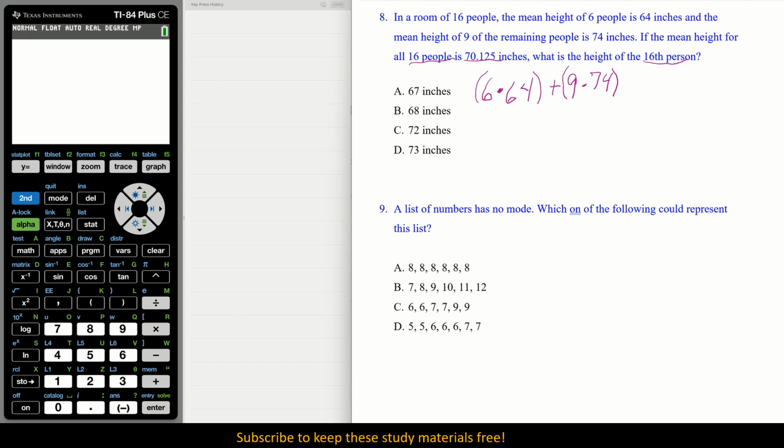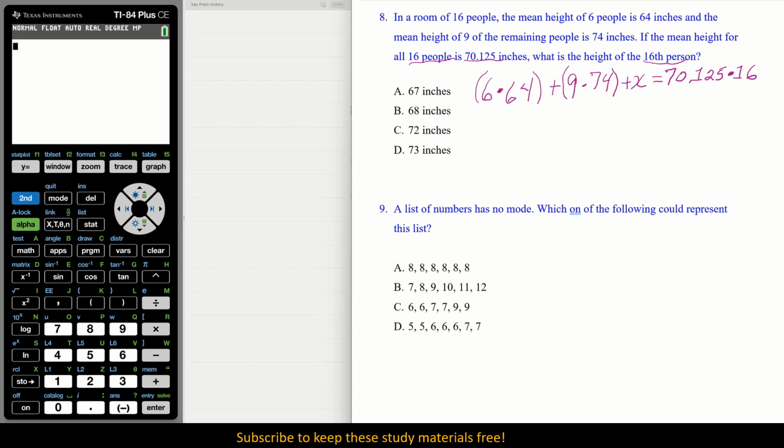And then we just add in that x, and we make that all equal to the 70.125. And we will multiply all of that by the 16 people. If you think it out, that makes sense because what we're doing is just going backwards to make this work,